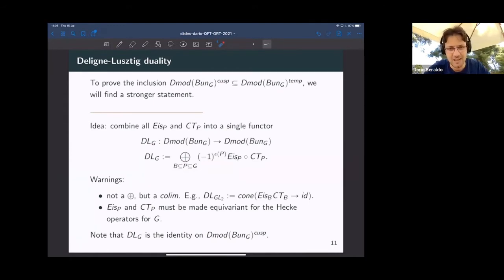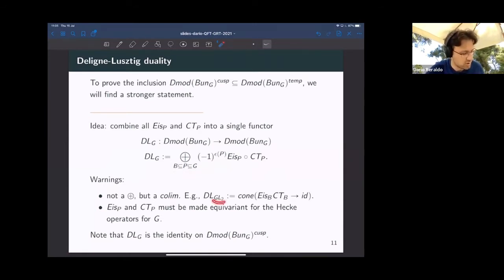So this is kind of the analog in number theory or in classical representation theory of the linguistic duality functor. So I wrote it schematically. It doesn't mean anything. It's not a direct sum. It's not an alternating direct sum. It's a colimit, because parabolics assemble according to the Dynkin diagram, according to the subsets of the Dynkin diagram, and the subsets of the Dynkin diagram form a poset, and I use that poset to construct this functor really.